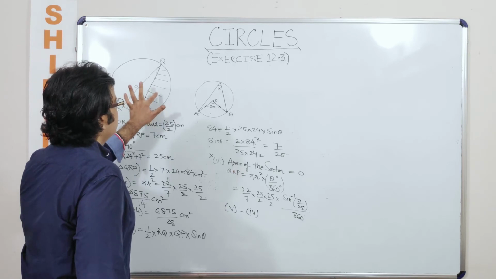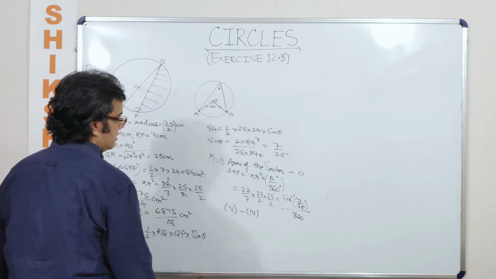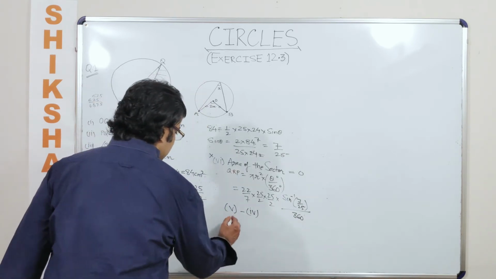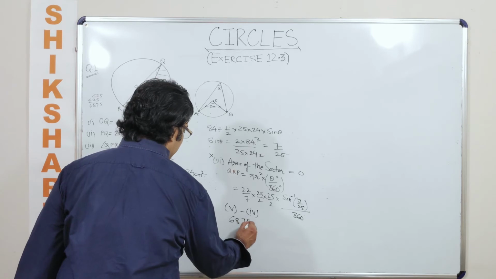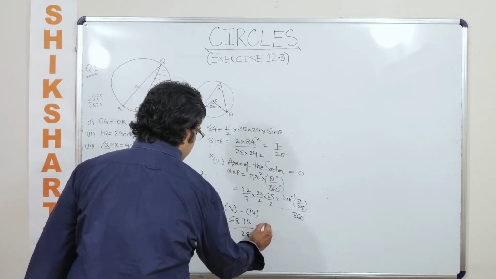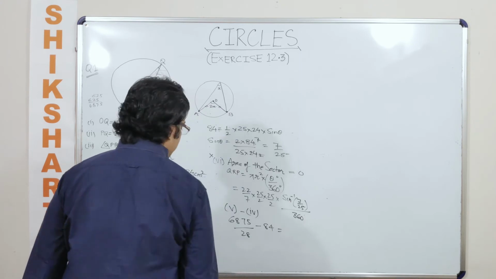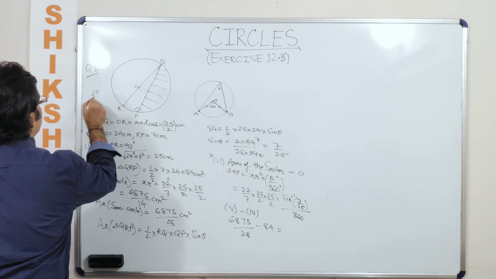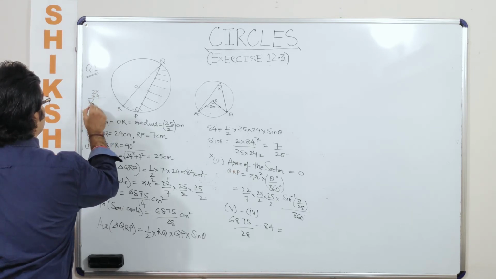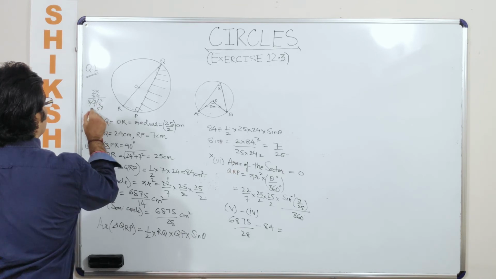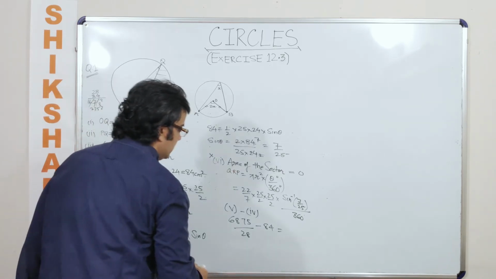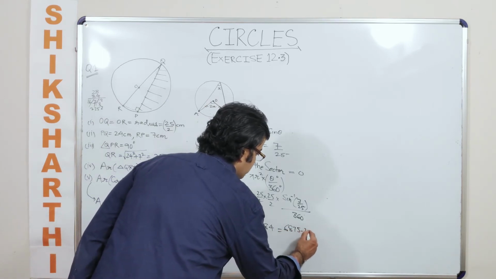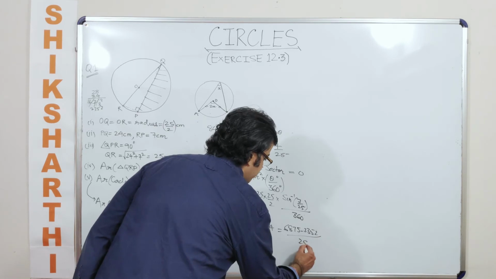In that case, what is the segment area? The required segment area. So we'll have to neglect this because you have not done inverse trigonometric ratios. In that case, you will say that this is nothing but 6875 divided by 28 minus 84, and then you calculate the area. So we'll calculate how much is 28 into 84. So we get it as 2352. So once we subtract 2352, this is just like saying 6875 minus 2352 upon 28,